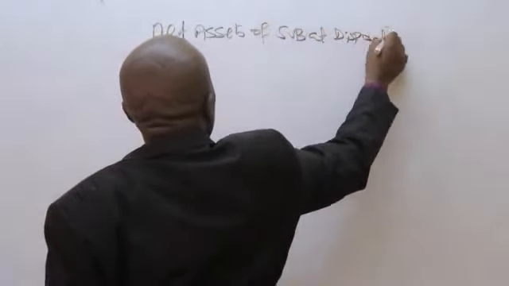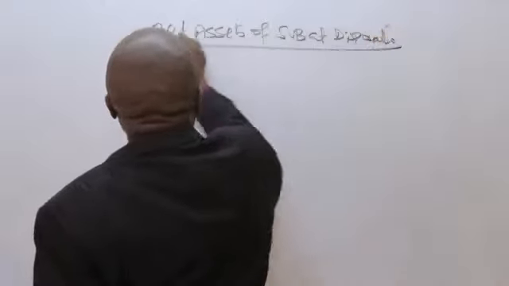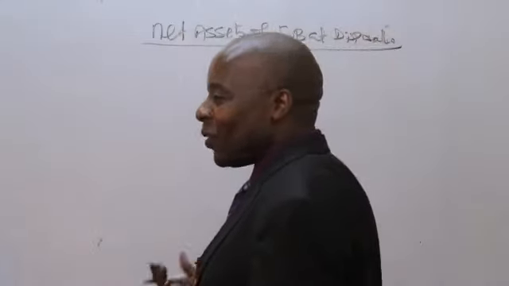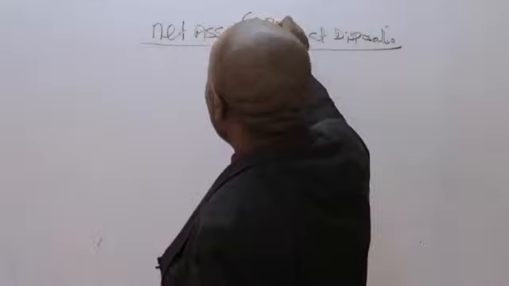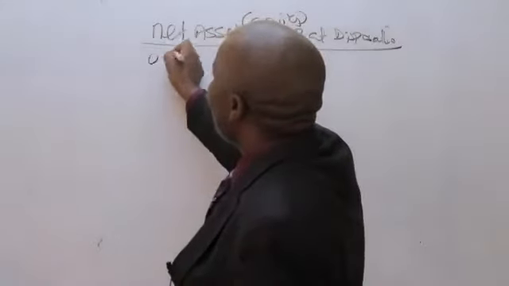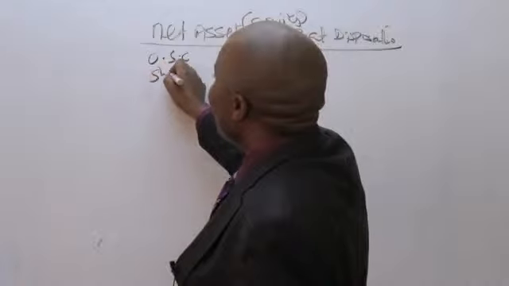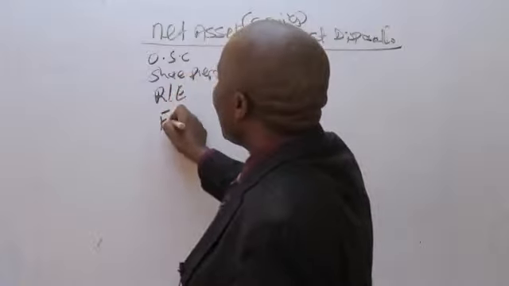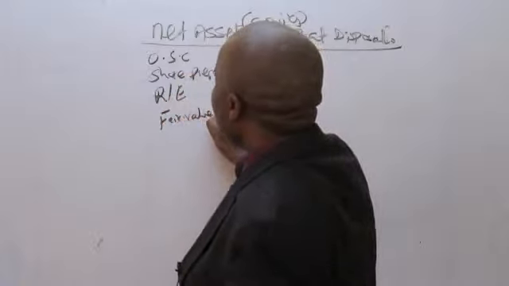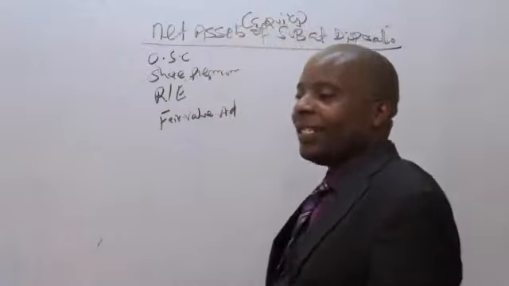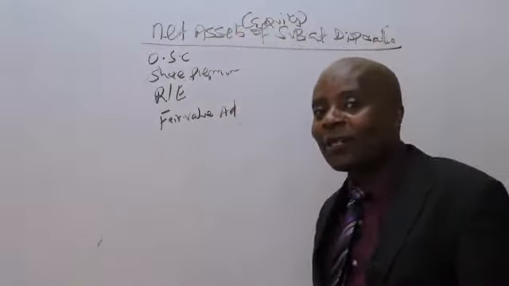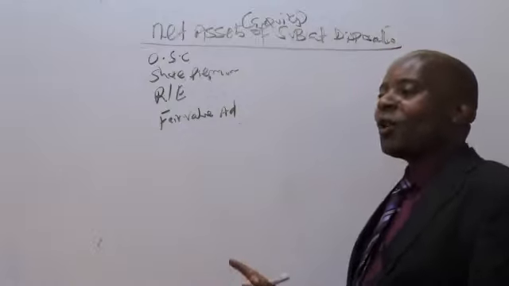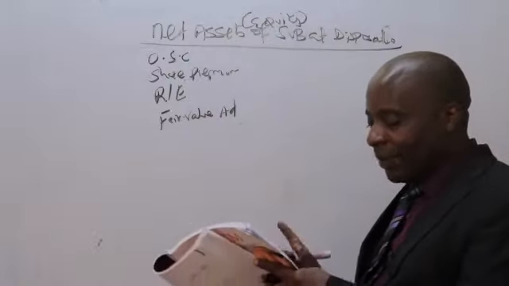So the net assets of the sub at disposal, for the purpose of you getting this very well, just know that for net assets you're using equity. You're supposed to be having ordinary share capital, share premium, retained earnings, and of course, at disposal, at times there are some fair value adjustments, because you have to call some valuers. It's important you call in some valuers. So in this case here, the subsidiary that is being disposed,